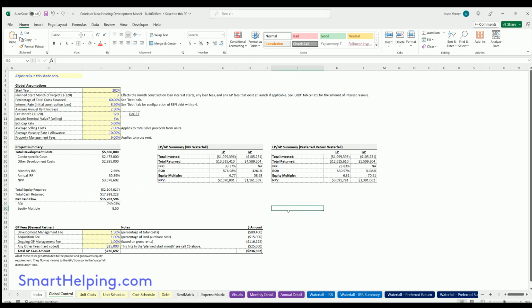This is smarthelping.com. I've got a pretty cool update. So I did a condo development model for build and sell only. Now we've got a condo development model for build and rent. Build and rent is essentially